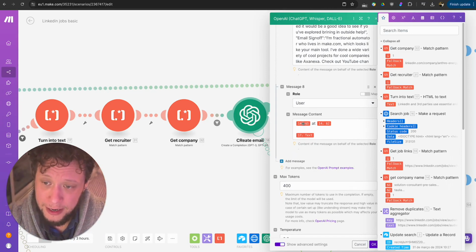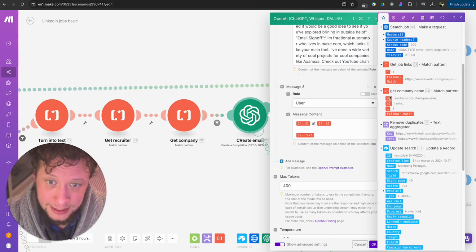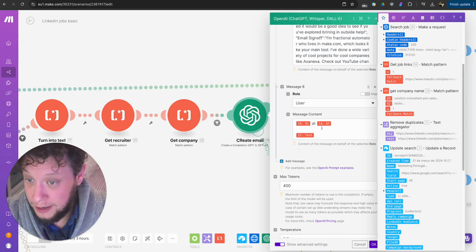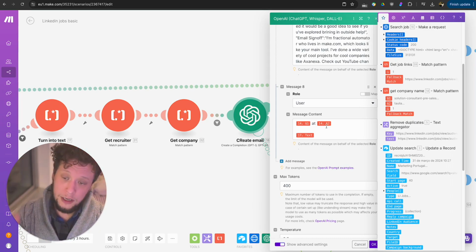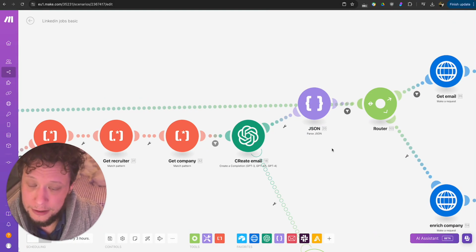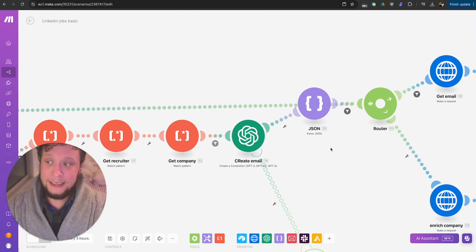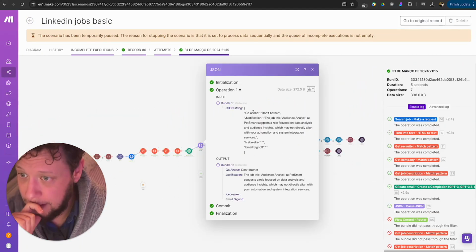I put in here 14S1, which is this one here. So this is the job title, at 14S2, which is the company name, and then the text, the job description. So this is the job title, the company name, the job description. It all processes, and then it goes to a JSON where it tells me whether it will basically accept what I want or not. So if you want to know what that looks like in practice,